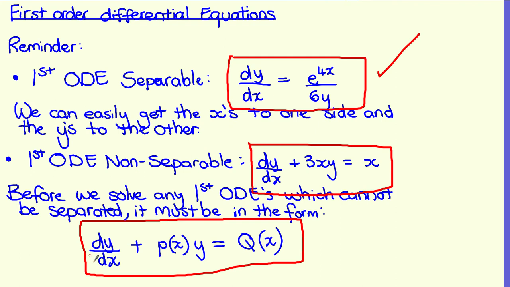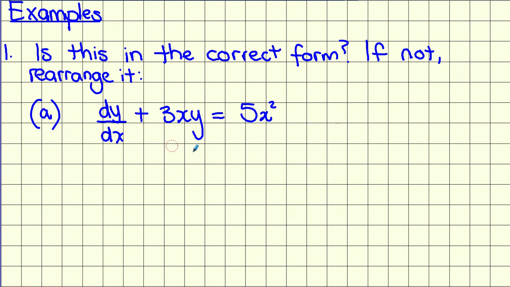Okay, so we need our dy by dx on the left hand side. Then you need your function in terms of y. You've got a y there, so your y needs to be here, and then it's just whatever's left over. It needs to go on the other side. So it's like dy by dx, y, and then whatever. Okay, so if we look at this first example here,